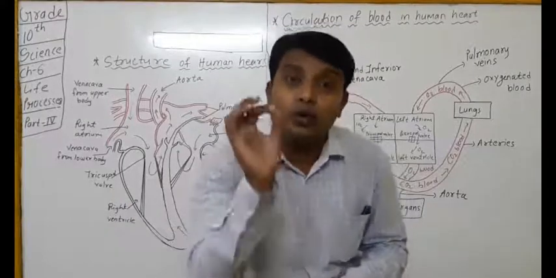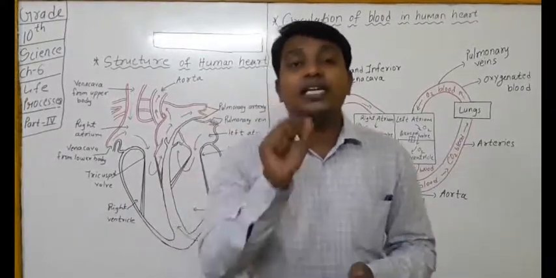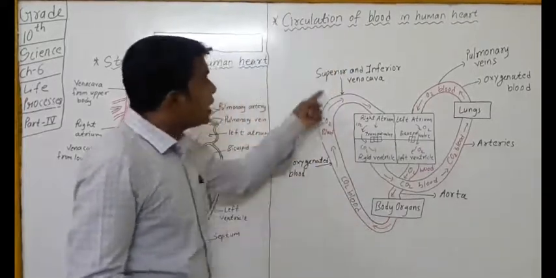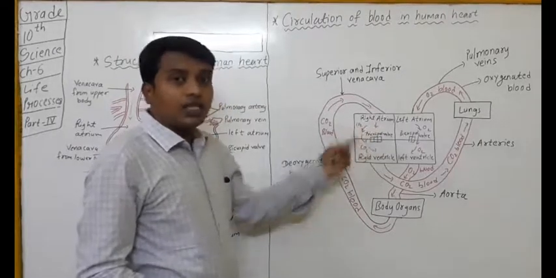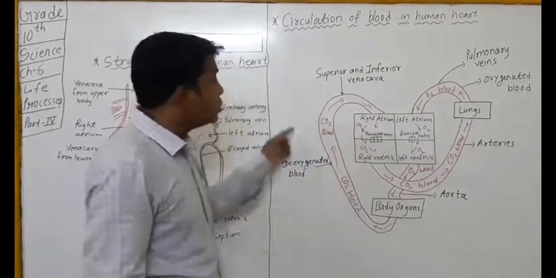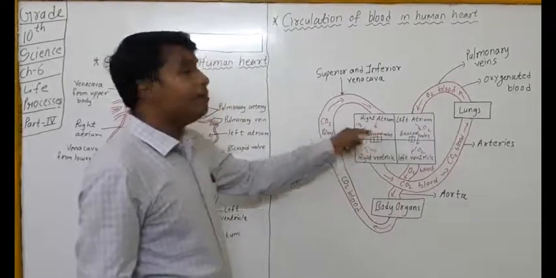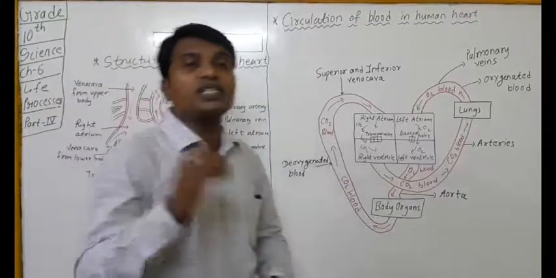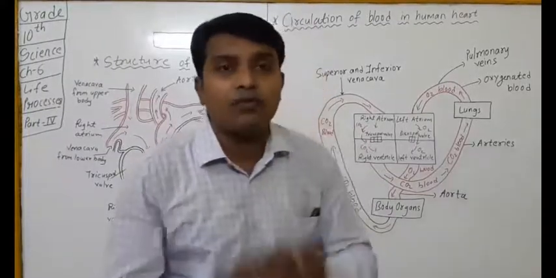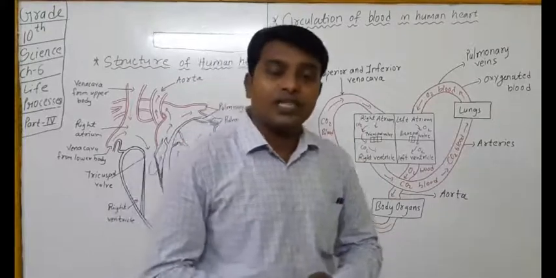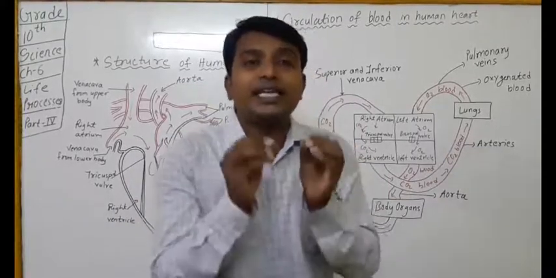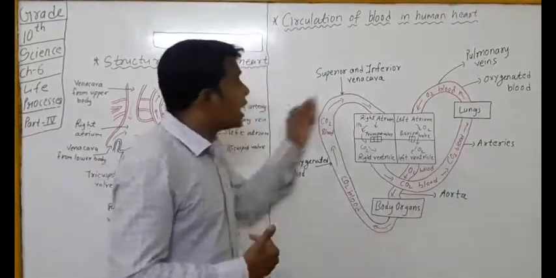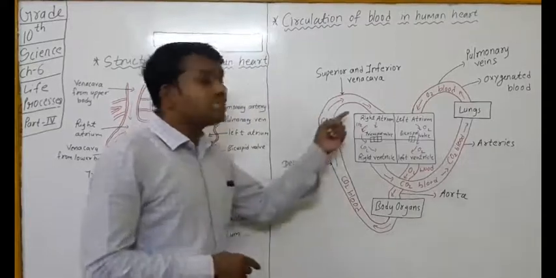Now that CO2 containing blood, deoxygenated blood, is taken from body organs to the right atrium. CO2 blood from body organs is taken to the right atrium by means of the superior and inferior vena cava. That means, what is the function of the superior and inferior vena cava, which are among the biggest veins we have? To take the deoxygenated blood from various body organs to the right atrium. Now, as soon as this blood